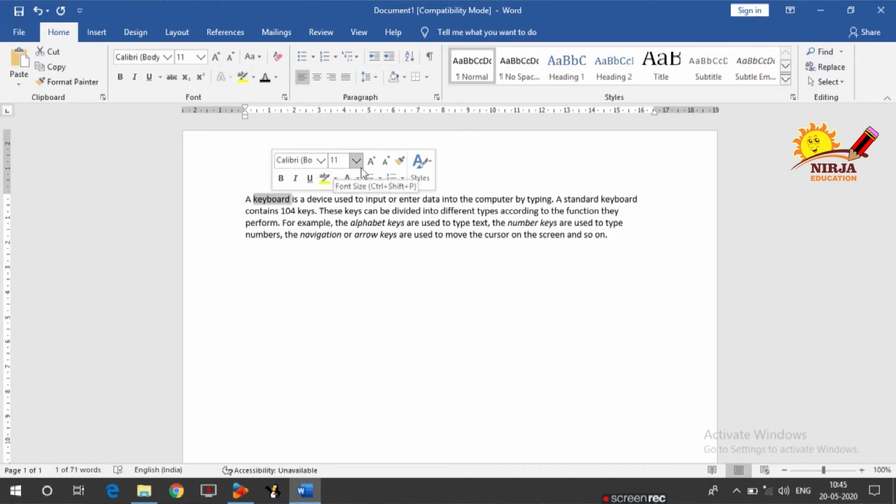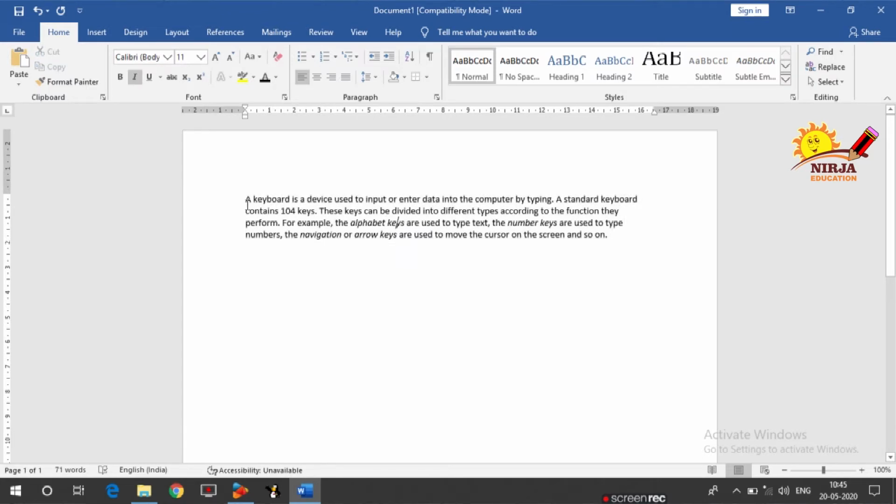Along with that you will be able to see the font group. Then how to select a word with the keyboard? Place the cursor before the first letter of the word, then press the shift key and the right arrow key. As you can see over here, this is how you select the word. Now what about the entire paragraph? With the help of the mouse, how to select the entire paragraph? Triple click anywhere on the paragraph, 1, 2, 3. So this is how you select the entire paragraph with the mouse.